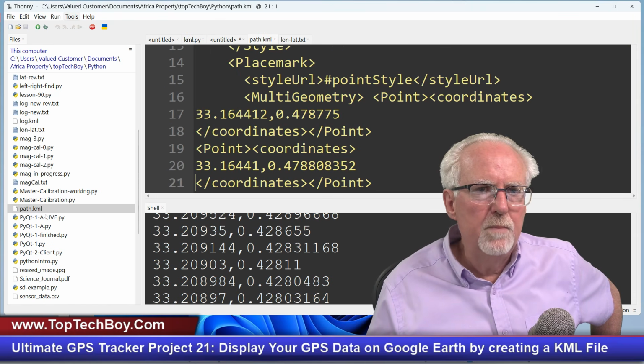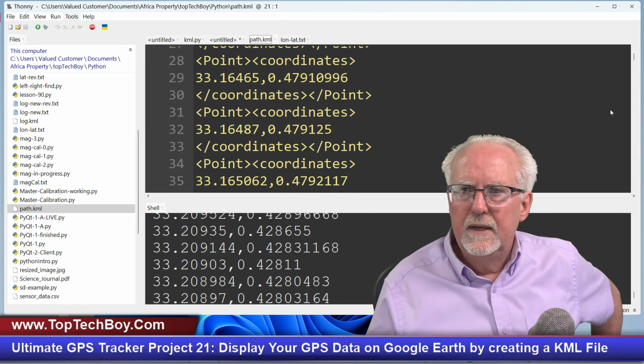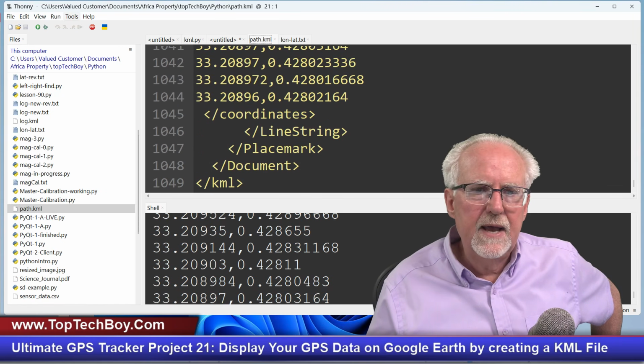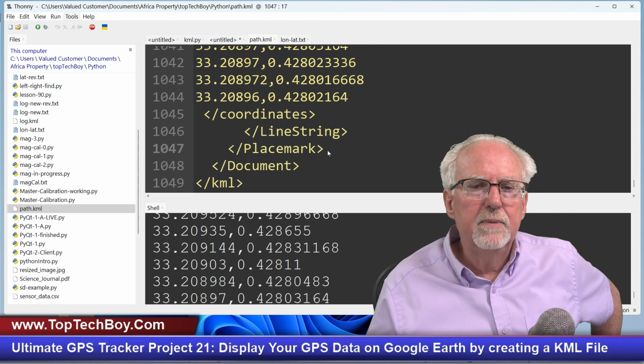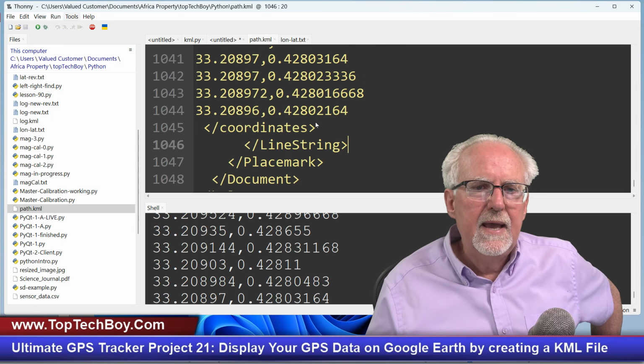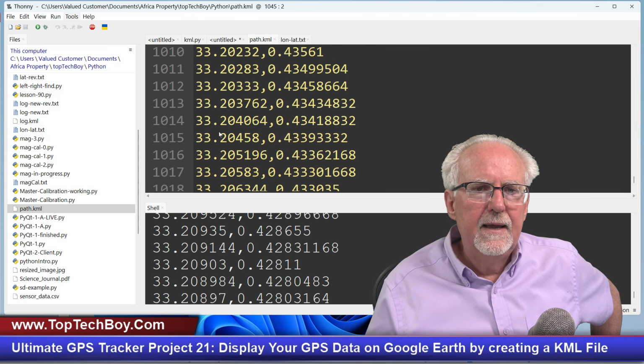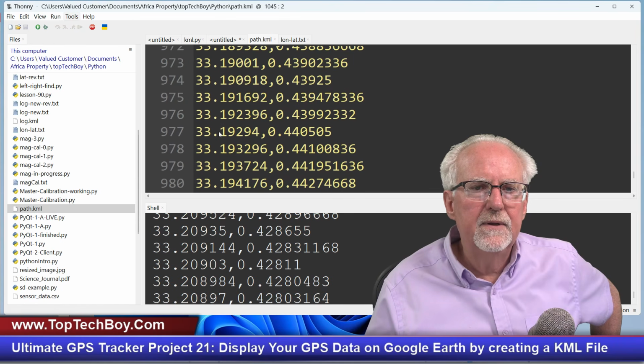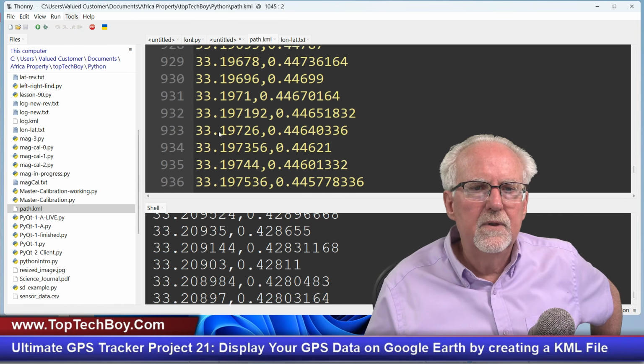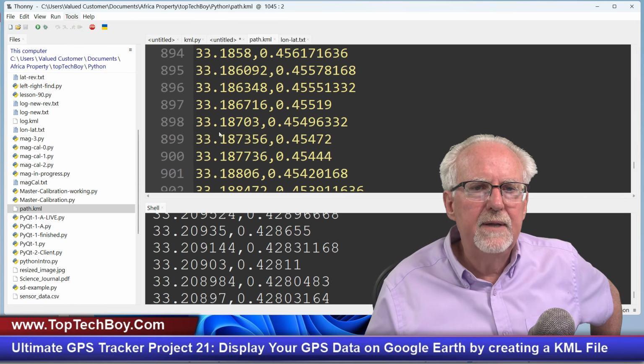I'm going to say open in Thonny, and then here's path.kml, and I'm going to look down here at the last part. So I close the KML, I close the document, I close the placemark, I close the line string, and I close the coordinates. And then up here at the top of all those lon, comma, lat data points,